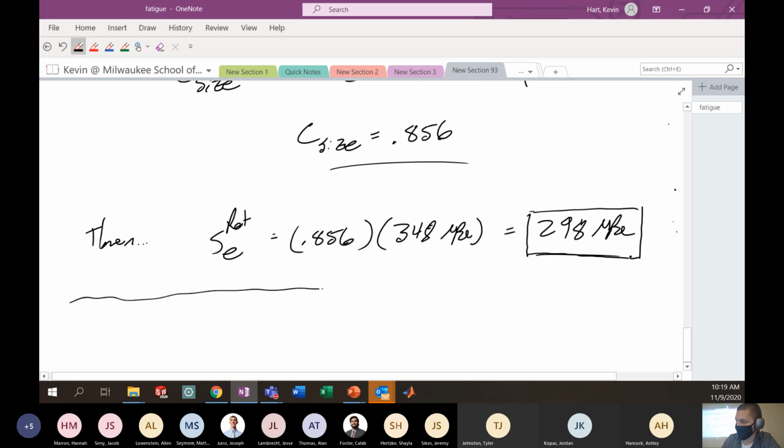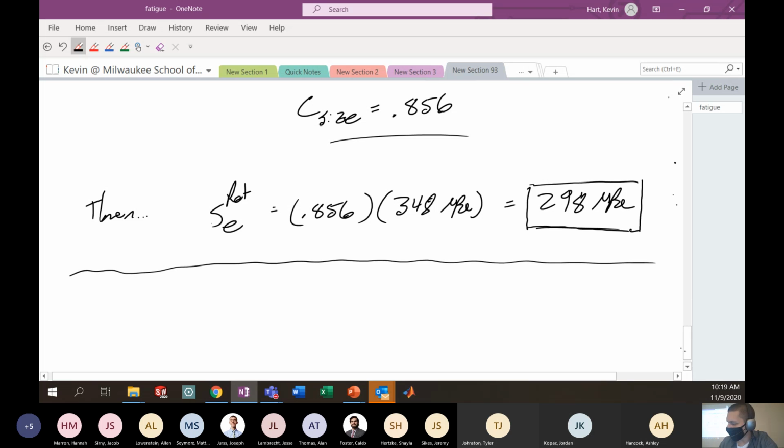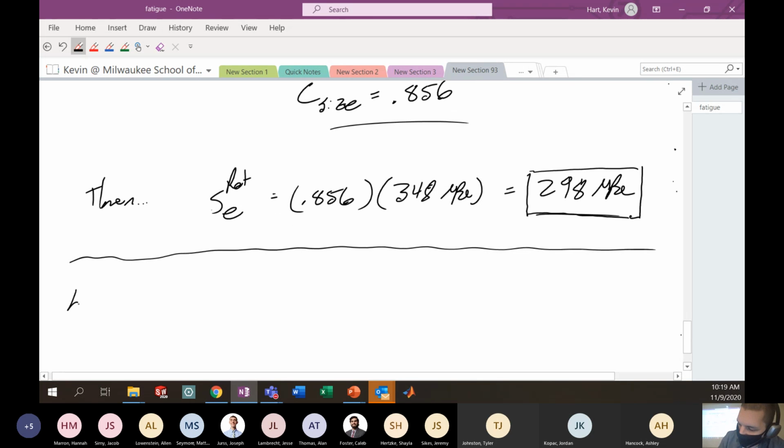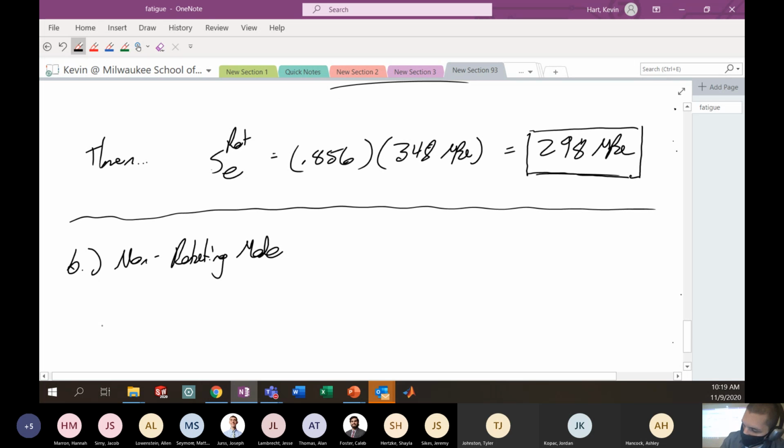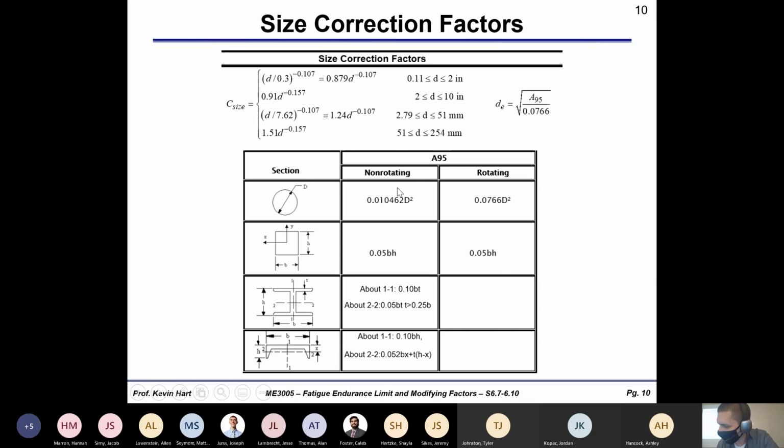All right. So we can move on to the non-rotating mode, and the method of attack is still the same. We still need to calculate that A95 variable. But here it's going to be different because we're in the non-rotating mode. Again, it's this kind of strange, bouncing back and forth bending mode instead of the full rotating mode. So here in the non-rotating mode, we'll see we have a different coefficient in front of the d squared,